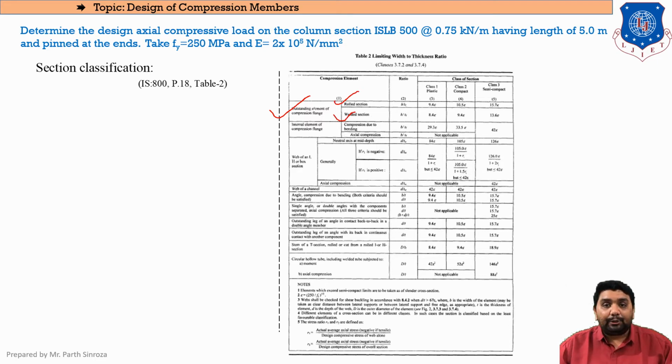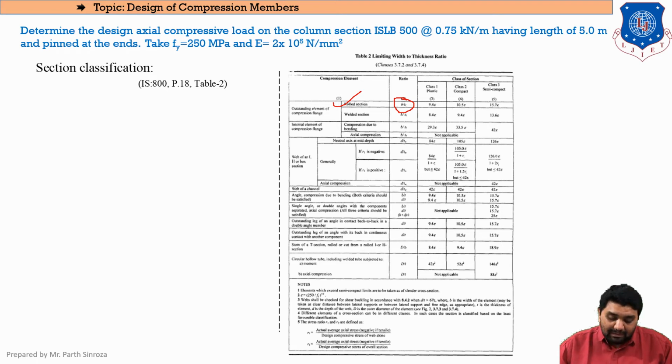As I have discussed earlier too, according to IS code we won't be using our welded section in any of the types or any of the sums. We'll always be using rolled section, that is made from a single unit. So we'll always focus on this parameter, that is rolled section. And here you can see we need to find the ratio b by tf, and here b will be bf by 2, that we have seen earlier. Yeah? So we need to find this ratio, that is b by tf.